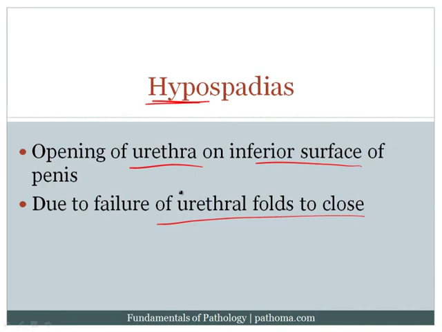Let's go back and remind ourselves of a little bit of embryology. Remember that you've got this genital tubercle here, which eventually is going to become the glans of the penis or the glans of the clitoris. And then running beneath it, you've got this bulk of tissue called the urethral fold. Now, as the penis grows out, imagine that the penis is coming out in 3D, as it's coming up and out, this urethral fold is going to seal, it's going to zipper up. And as this zippers up, that then seals the inferior surface of the penis and closes the urethra inside of